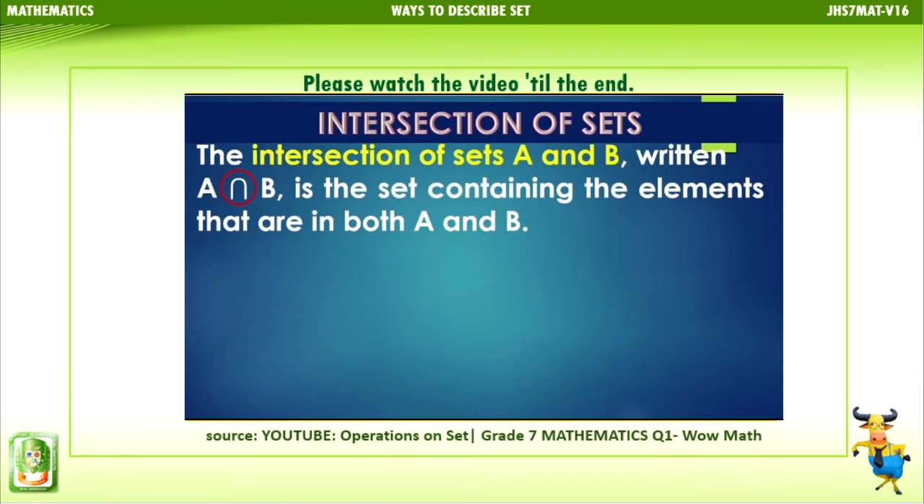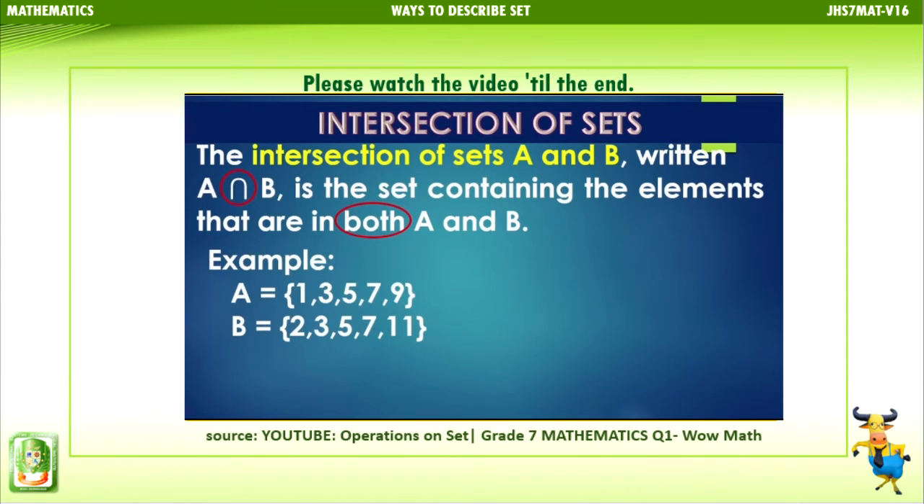So pag sinabi nating intersection of sets, ito yung titingnan natin kung ano yung mga elements na nakay A at nakay B. In other words, pag sinabi nating intersection, meron silang common elements. Halimbawa,